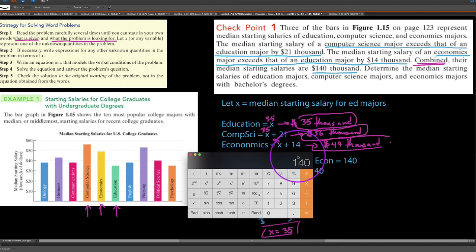So in the next video, we'll go a little bit more quickly through the steps here. But that's essentially what we're going to do: define a variable x, express things in terms of x, set up an equation from a verbal model, solve that equation, then